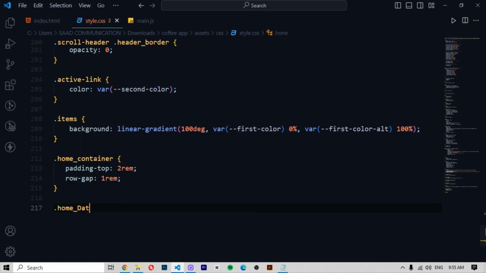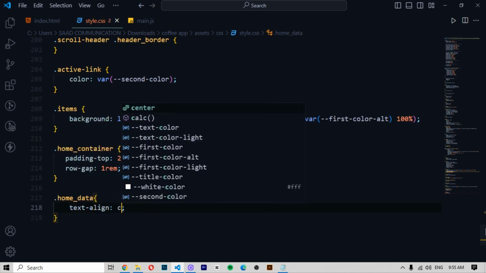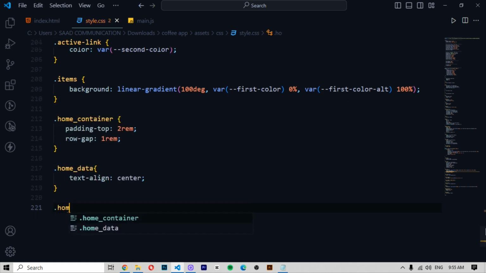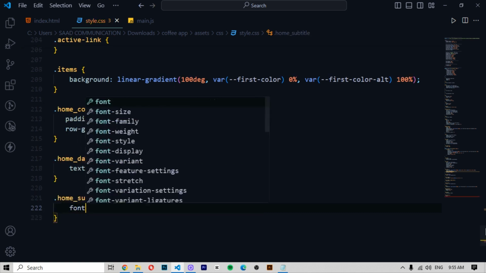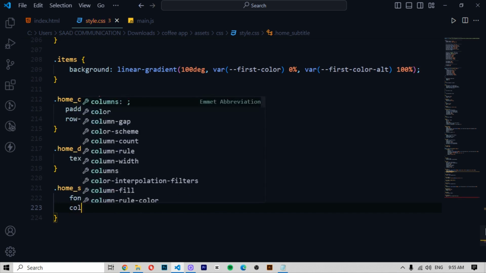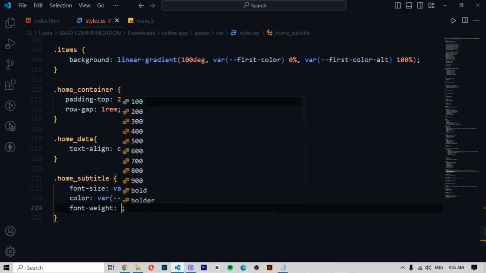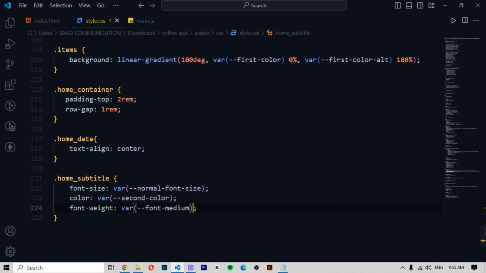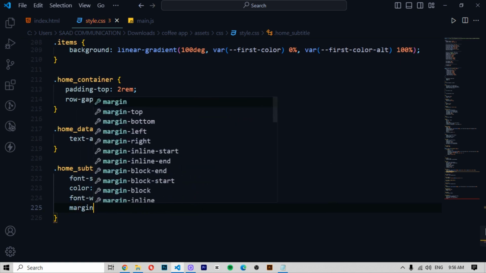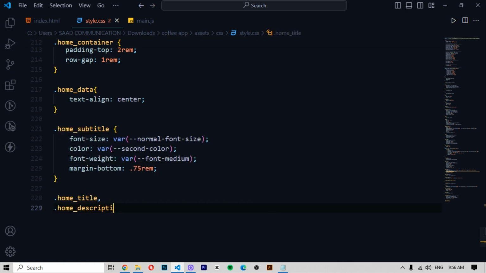.home-data should be text-align center, and then .home-subtitle: font-size var(--normal-font-size), and then color var(--second-color), and then font-weight will be var(--font-medium), and then margin-bottom 0.75rem, then .home-title, .home-description,